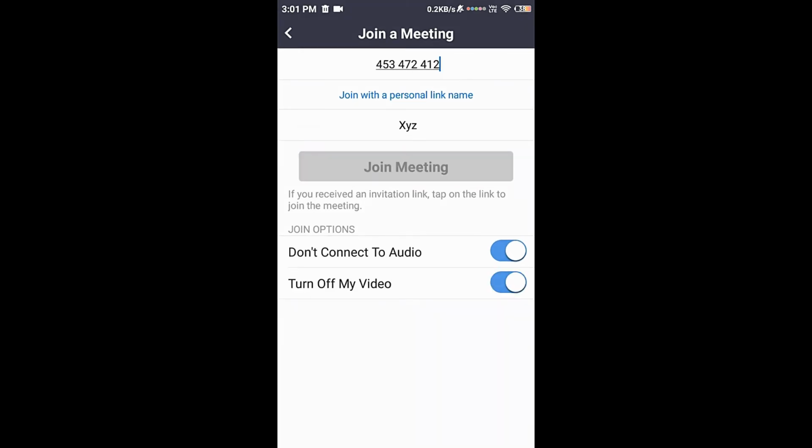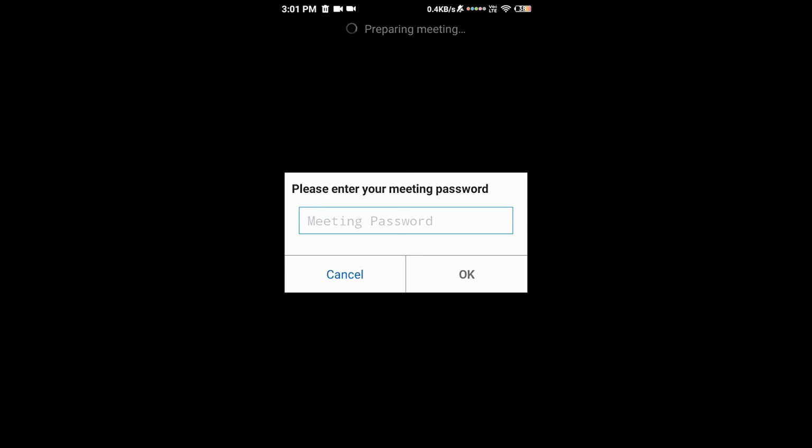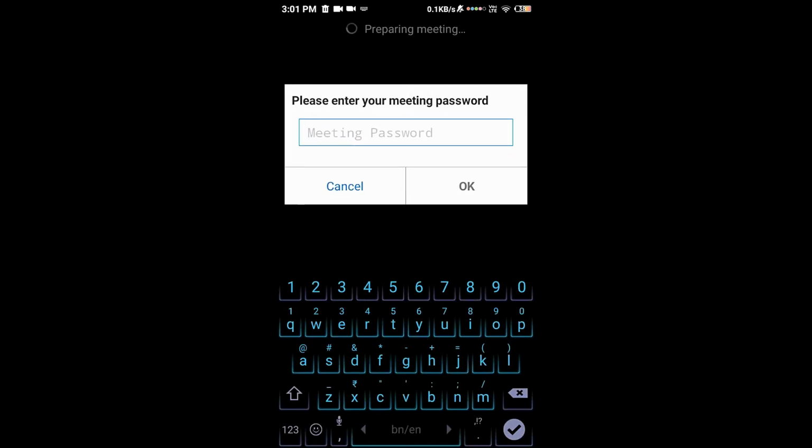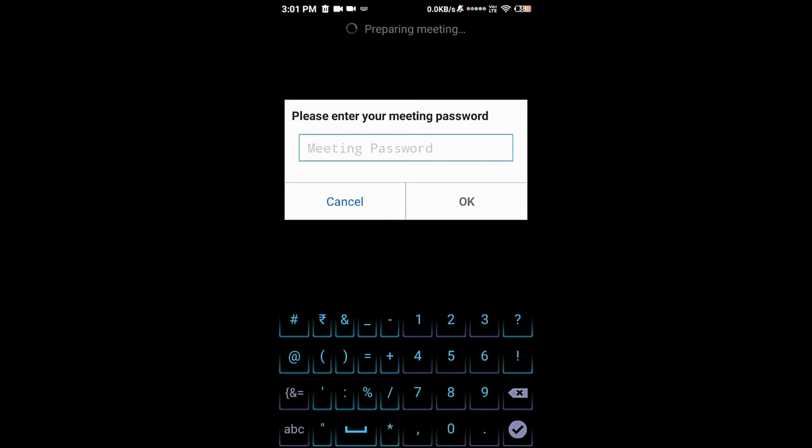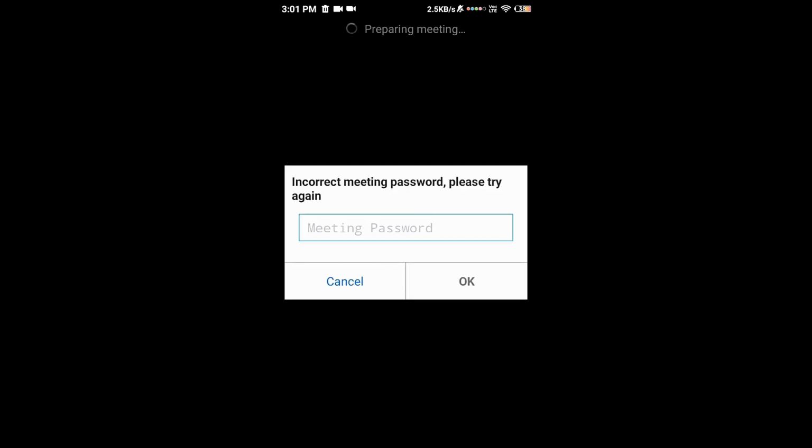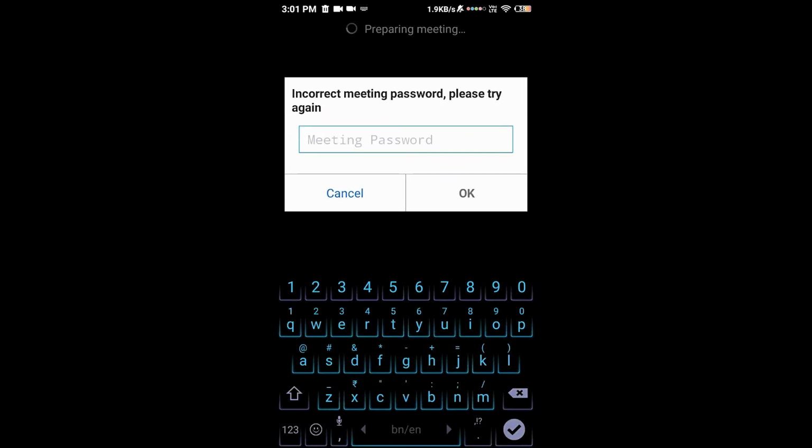Once I do, it will take a little time, and it asks me for the meeting password. This password will also be provided to you by the host. I will show how to get this password for the meeting. My password is 776763. Okay, sorry, it's saying incorrect password. Let me try another password. Okay, so now it's connecting,